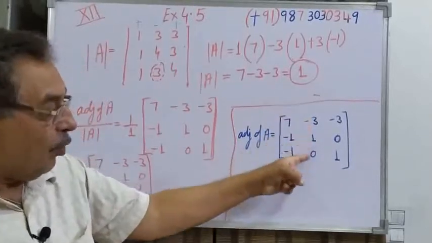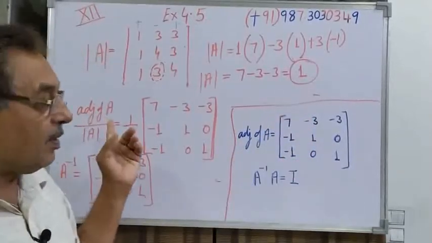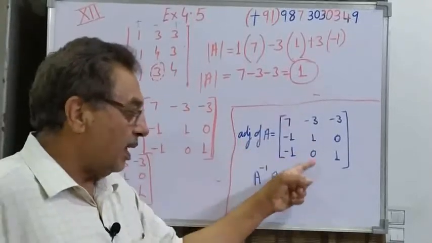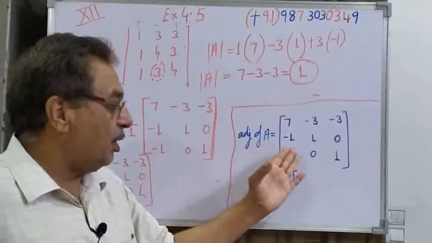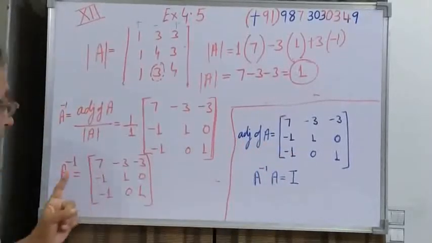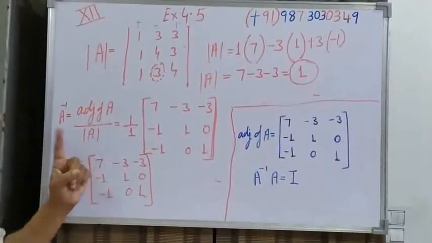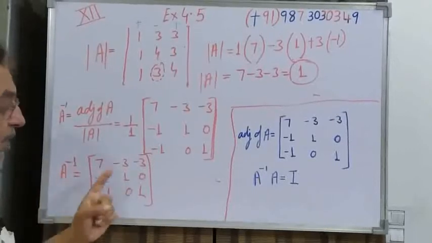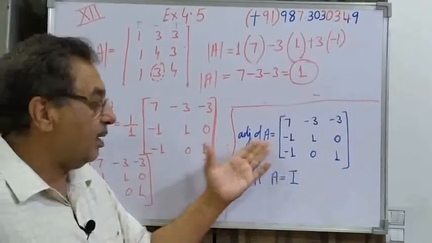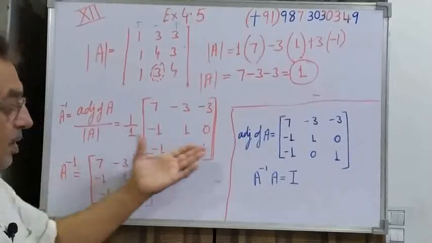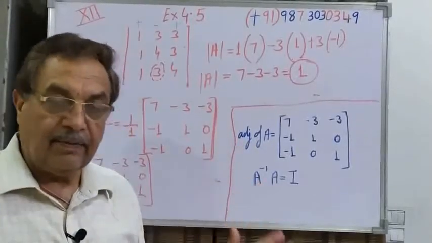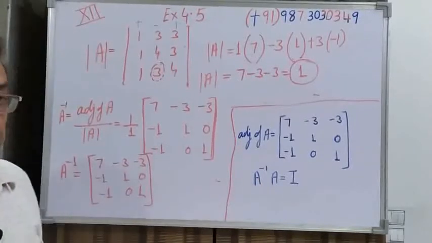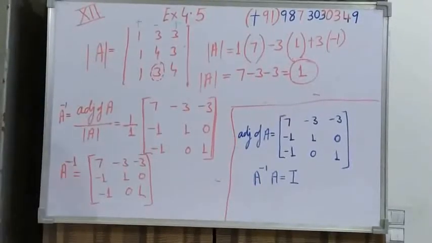Obtained from the first row, written in the first column. Now these cofactors, obtained from the elements of the second row, are written in the second column. Similarly, this is in the third column. So this is called the adjoint of A. When this adjoint of A is divided by the determinant of A, we get the inverse of A. So this is what is called the A inverse, isn't it? So now the next.